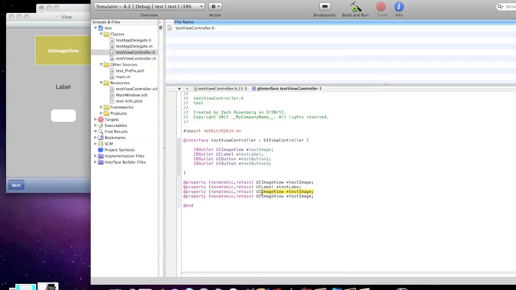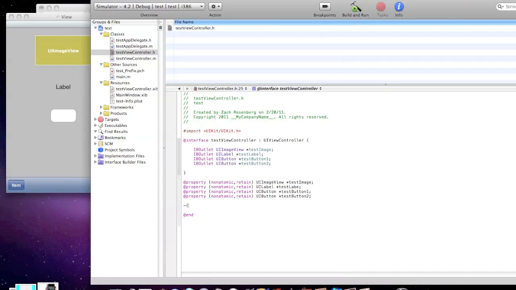The next one was a UI button, and we called that one test button 1. Now instead, I'm actually just going to copy this one, delete this one, paste it again because it's still a UI button. Call that one 2. Now the last thing you're going to need to know, for all buttons, if you really want to, technically we don't need it for what we're doing right now, but when you're going to actually make it lead to something else, like when you click the button if you want to switch it to a new view, you have to